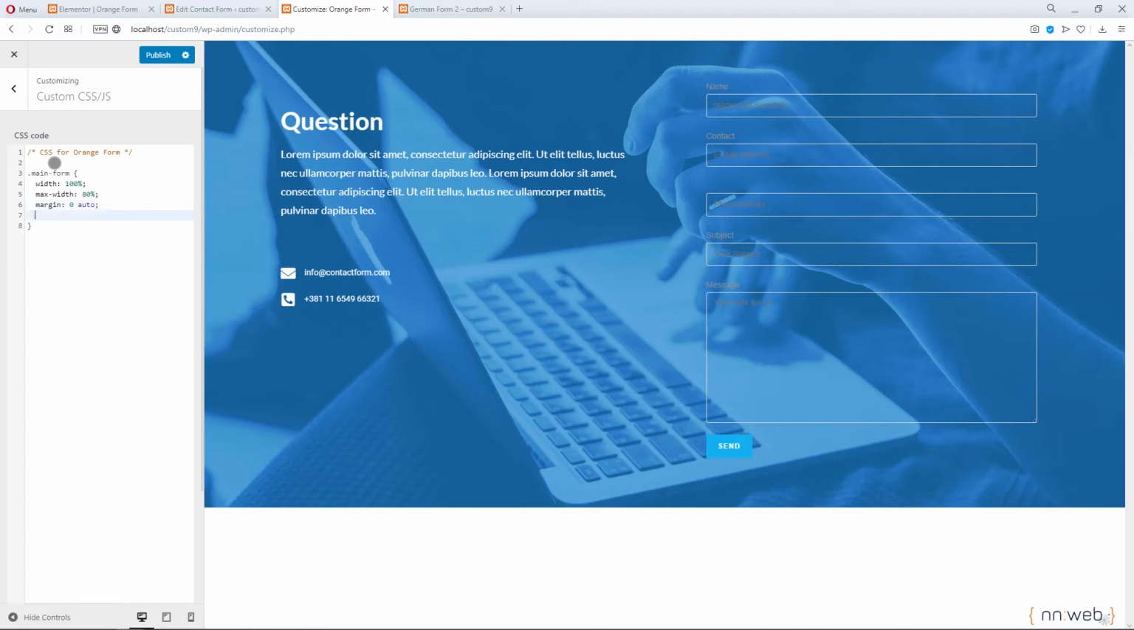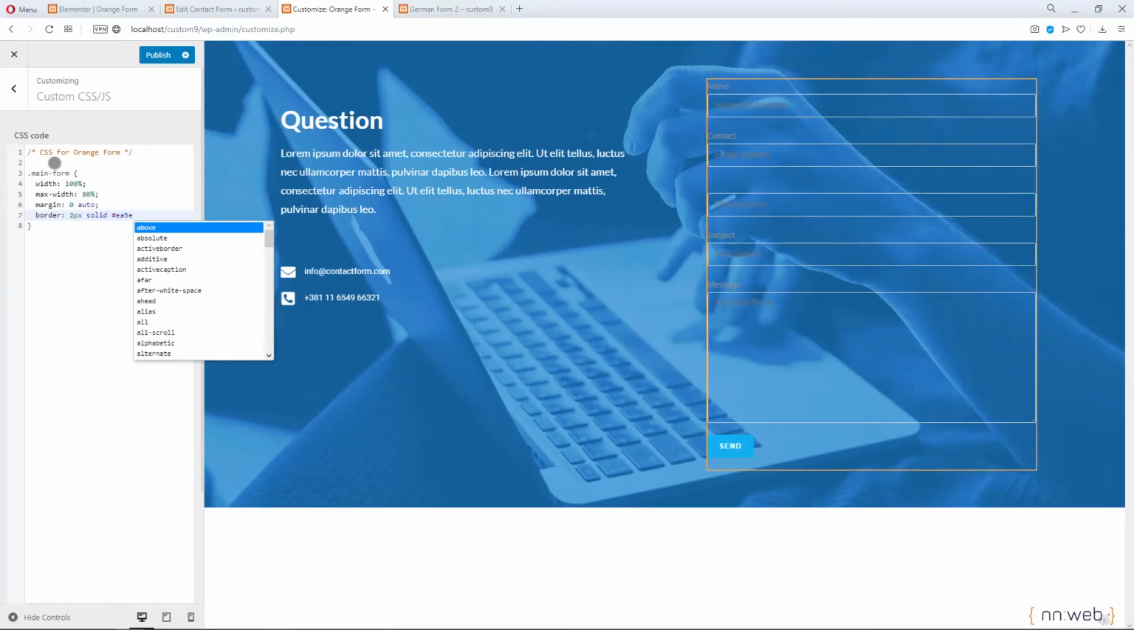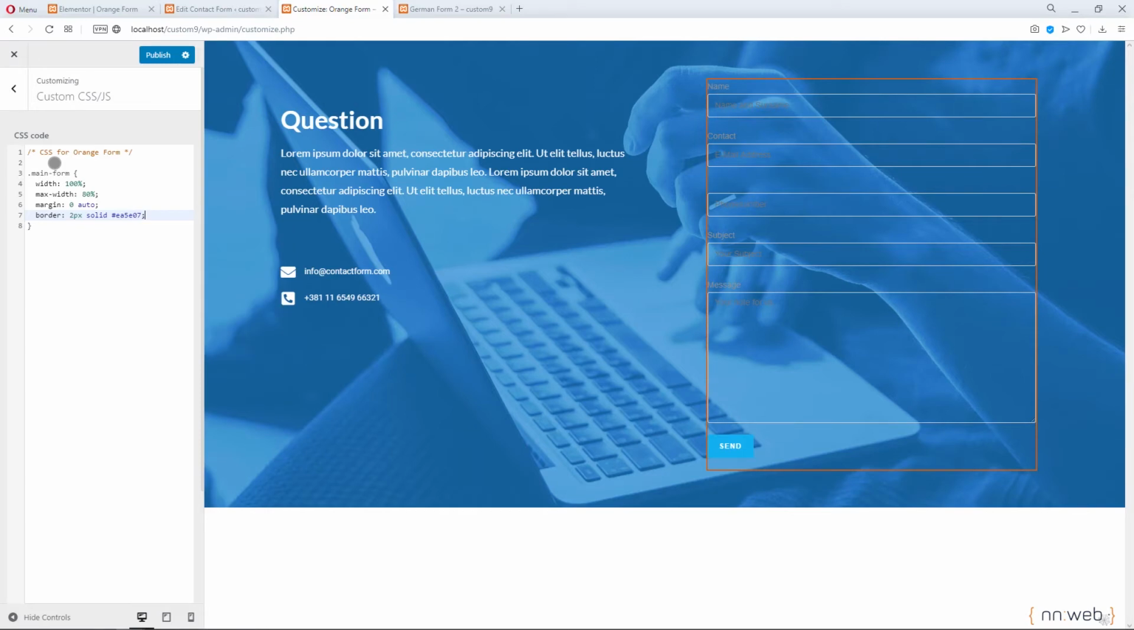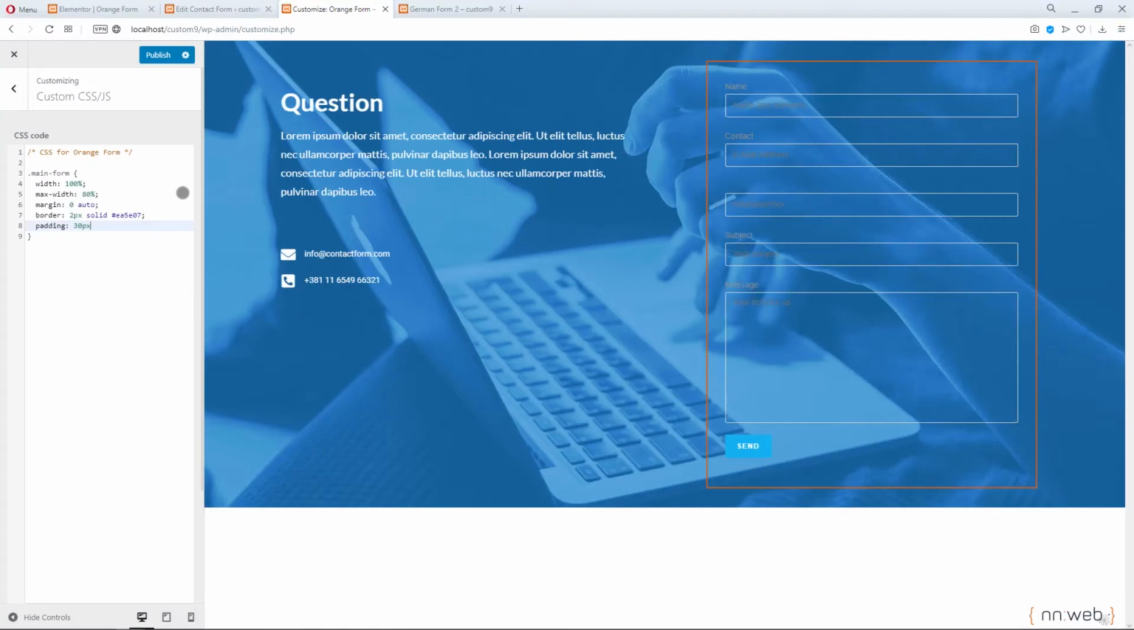Now let's add border, 2 pixels, solid, EA5E07. This is our border. Then type padding to make some space between the body and the border. Okay, now let's add the border radius of